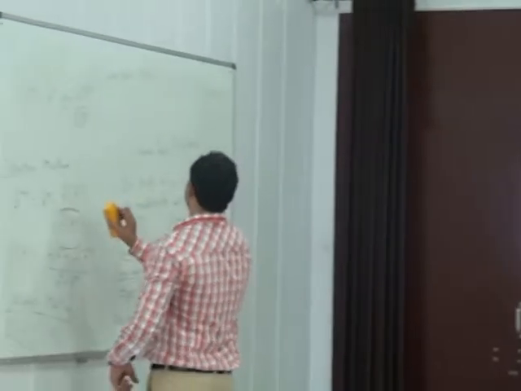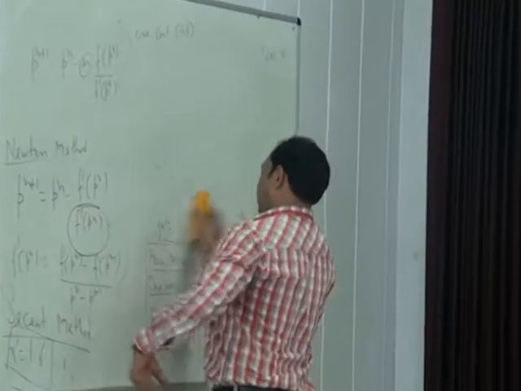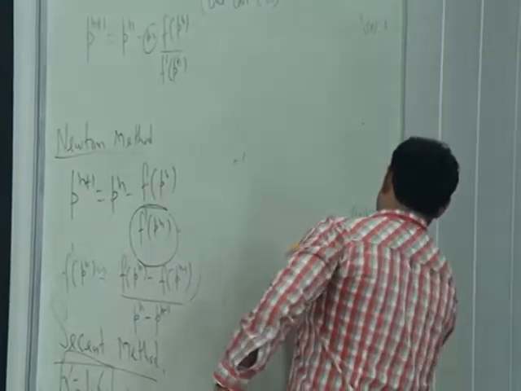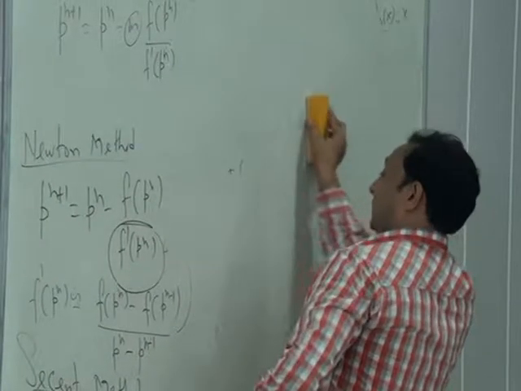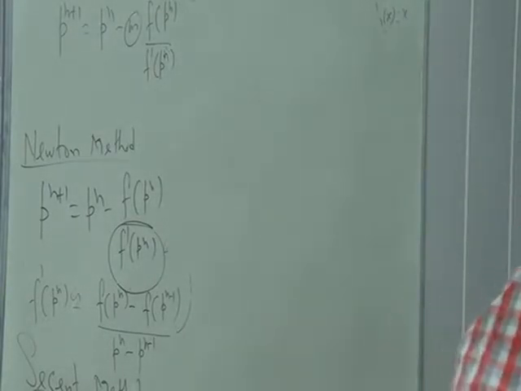So far it's clear, no? We will work out examples. The only thing you should remember is the schemes, and just keep plugging in the values, you get the answer. So the basic idea of the Newton method was